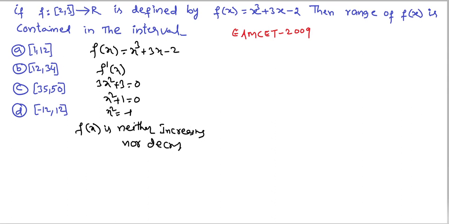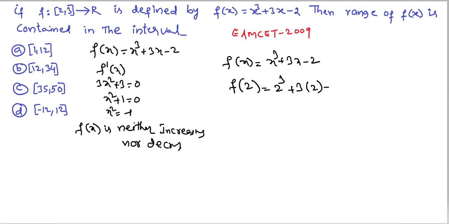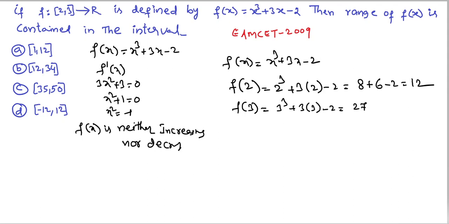So f of x is equal to x cube plus 3x minus 2. Substituting 2, f of 2 is equal to 2 cube plus 3 into 2 minus 2. 8 plus 6 minus 2, 10 minus 2. And f of 3 is equal to 3 cube plus 3 into 3 minus 2. 3 cube is 27 plus 9 minus 2. So 27 plus 9, 36 minus 2 is equal to 34. Therefore, range is equal to closed interval 12 comma